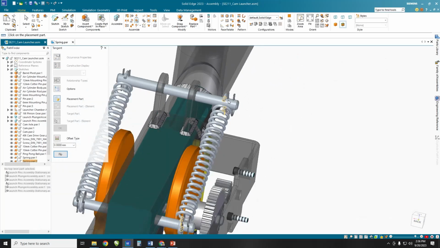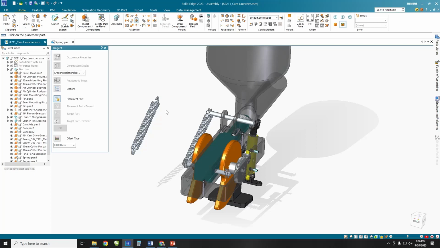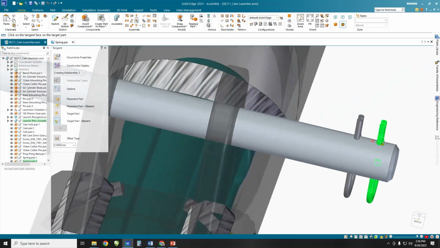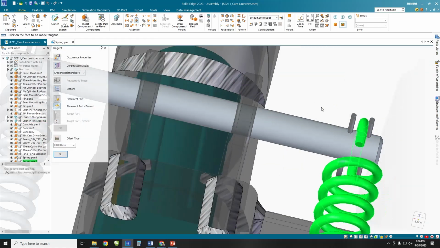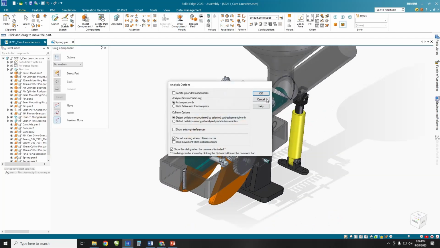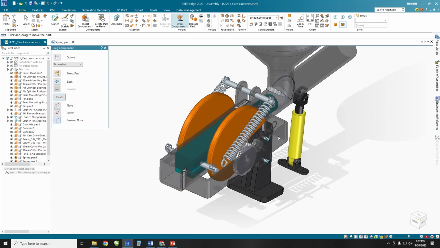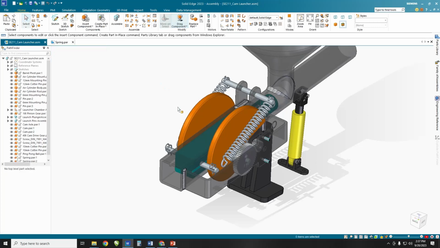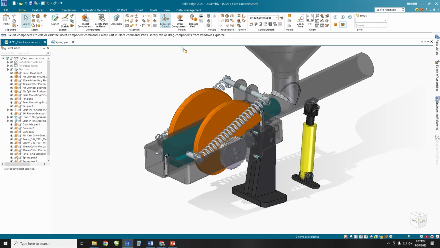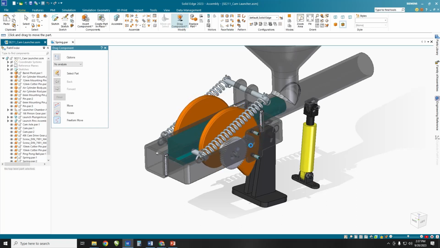Of course, that put that on the wrong side of that cylinder. Let's undo that. Let's fix that there. So this cylinder, maybe we'll say with this cylinder here. There we go. And you'll see now when I go to rotate this, my springs will update with it. Of course, it doesn't do it as I'm dragging it. I have to let go of it, but it will update now